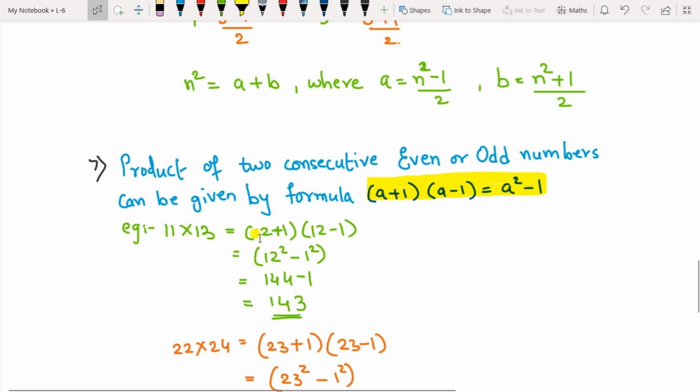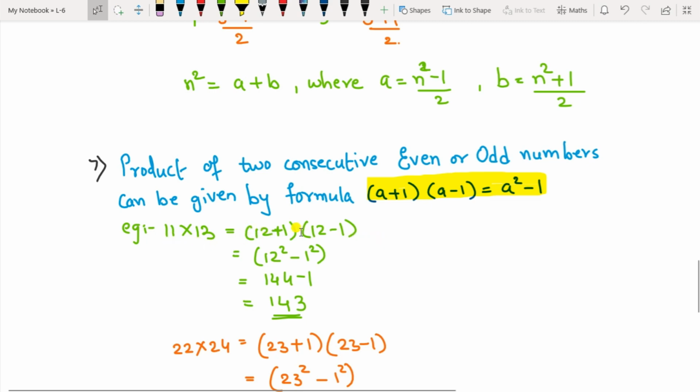Okay. So which number do you have to take here? You have to take such a number that its sum and its difference with the same other number give both the numbers. So here, if I take 11 and 13, 12 plus 1 is there and 12 minus 1 is there. These numbers should be the same in both brackets, only the difference is plus and minus. If you add it, you get one number, and if you subtract it, you get the other number.